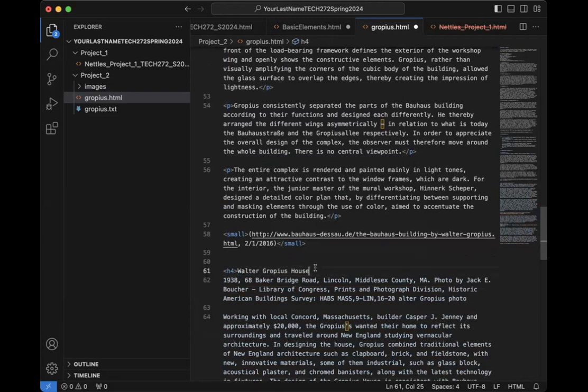Command X, Command V. Okay, and then we have